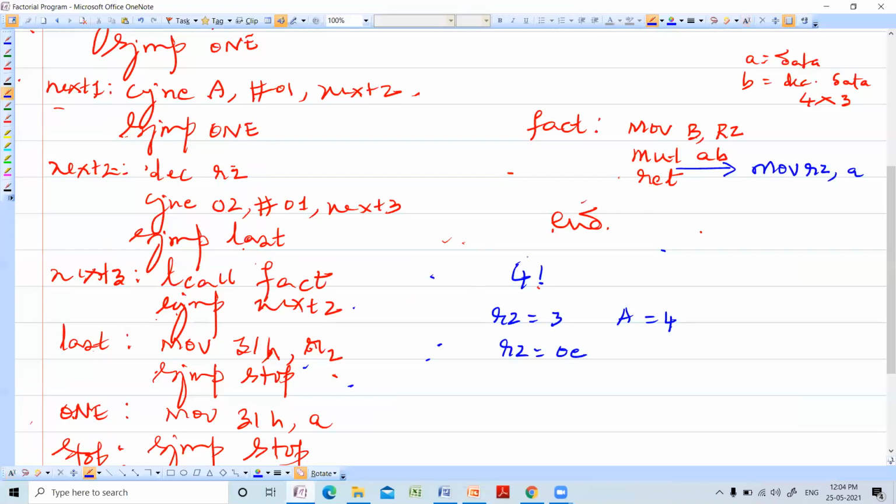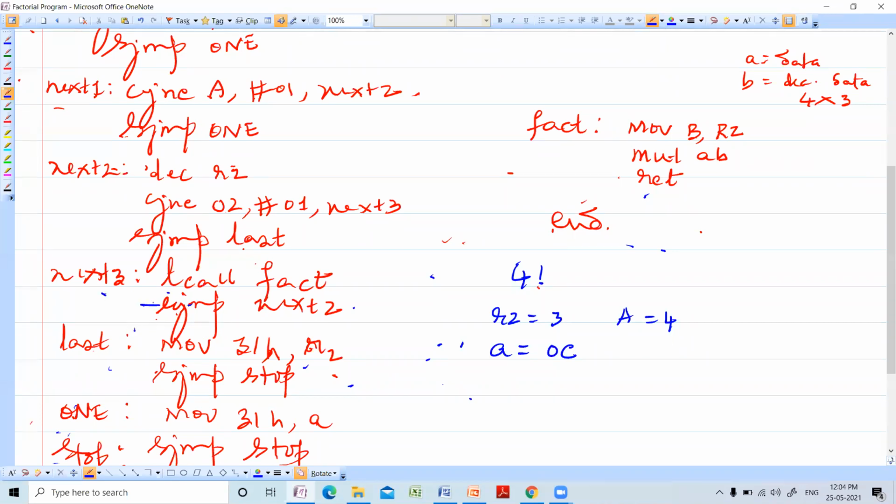So here, one mistake. You need not move the partial product to R2 every time. Accumulator, let it contain the partial product. So if it contains, that's why you have to check every time. Otherwise, your program will be wrong. So now accumulator is containing the partial product, that is 0C. So it will return to this point.